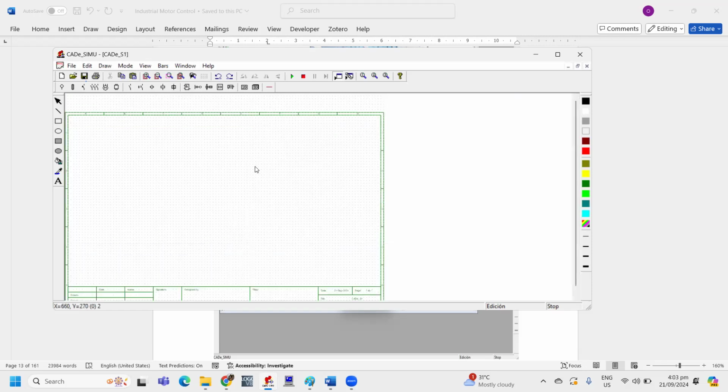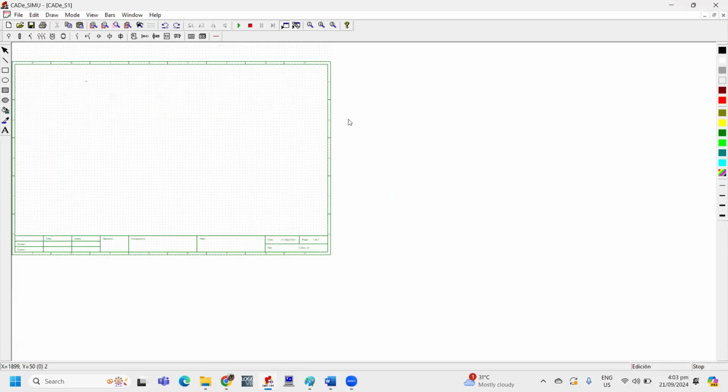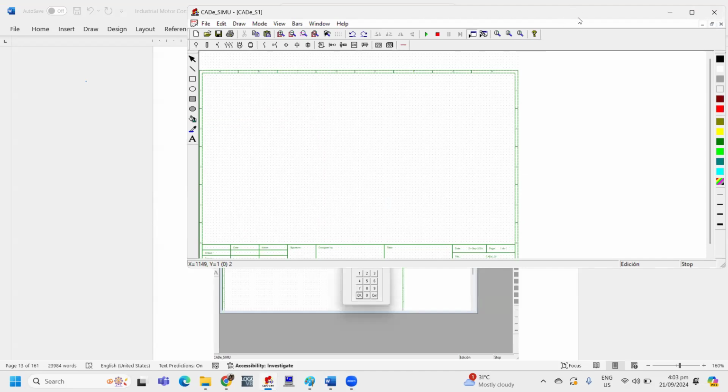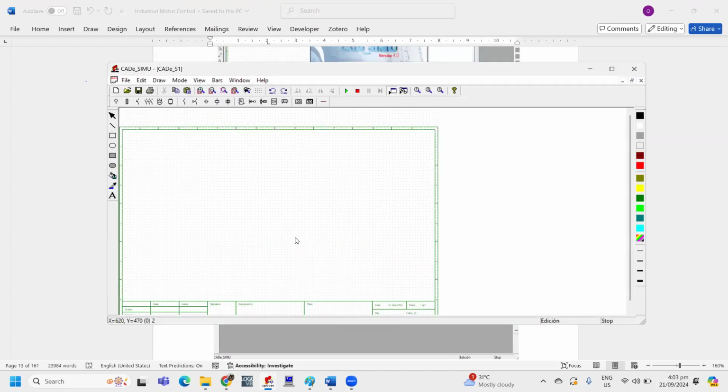This is the CAD simulator software interface, the CAD simulator workspace user interface. There are several parts in this software.